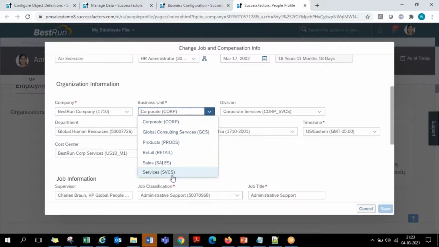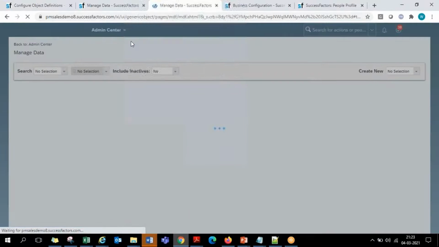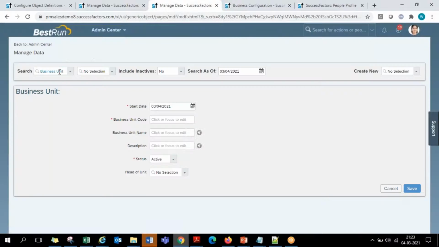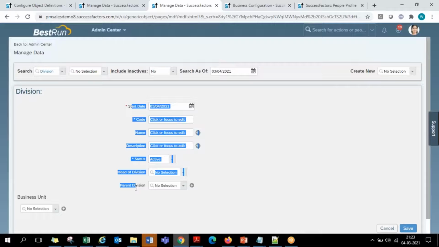So initially when you come to the customer system, this is how the business unit creation screen looks. Blanks, only the business unit related fields. Similarly, even when you are creating divisions, departments, anything, they will be initially independent. So if I show you the division creation screen, go for division. Now only these fields will appear.